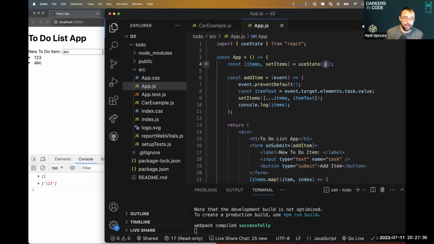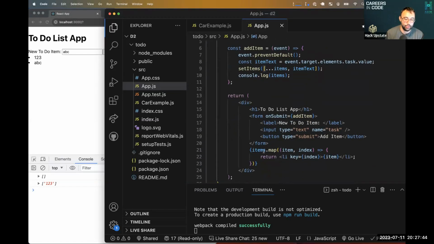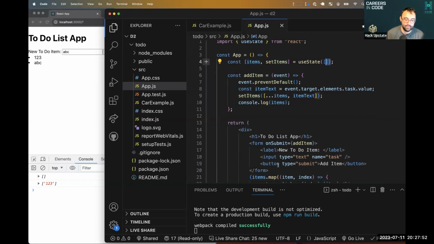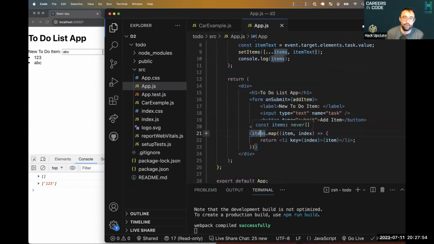We start the items out as an empty array. In this empty array, we are able to map over the items that is coming from our state right here. Well, it turns out there's nothing in the array, so there's nothing for it to map over, so it calls it a day. But when our form onSubmit runs addItem